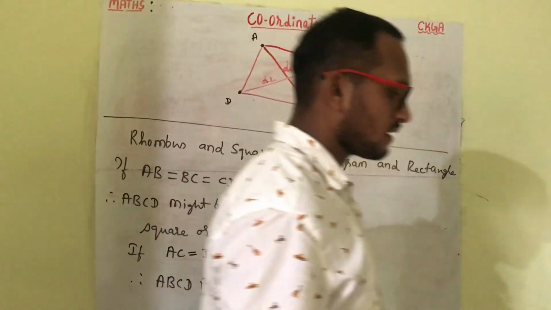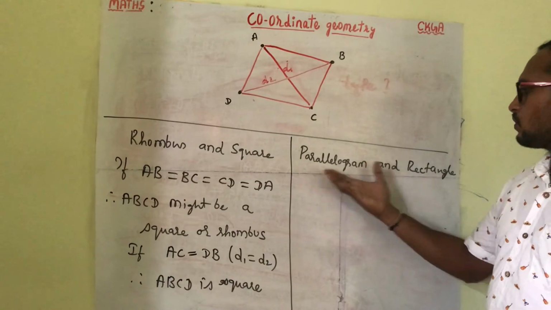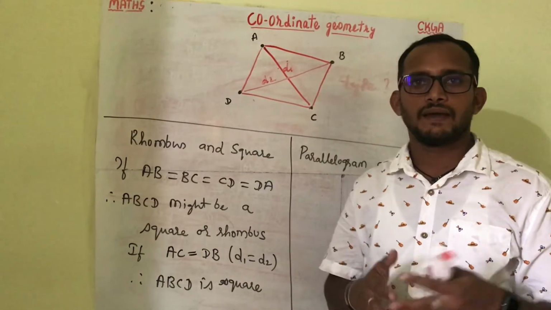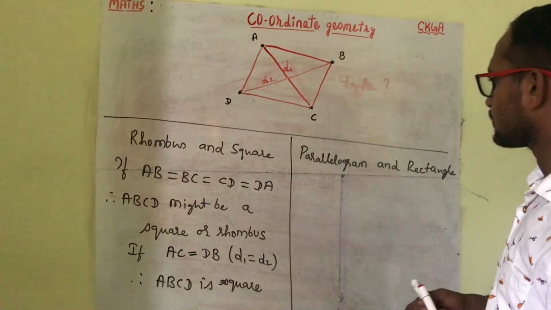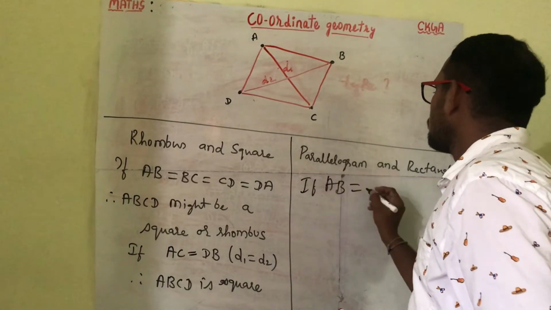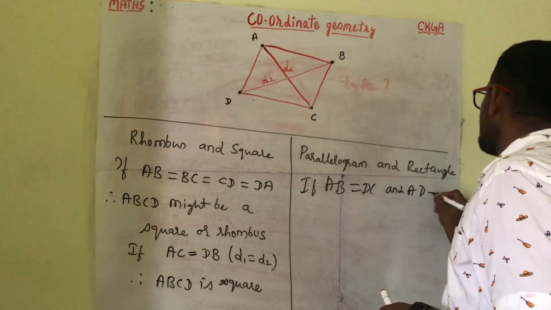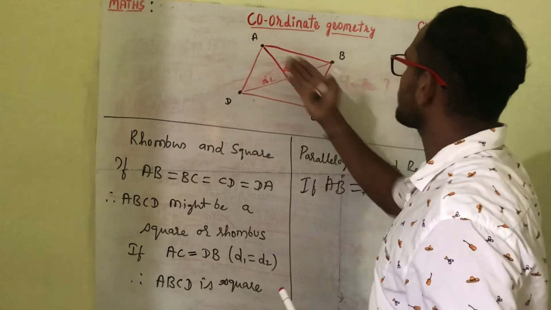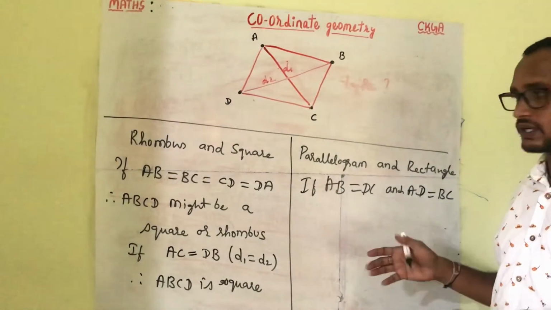Now come to the case of parallelogram and rectangles. In the same idea, I'll take it here. As you know, parallelograms and rectangles are just partners. Opposite sides of a parallelogram and rectangle are equal as well as parallel. Suppose you get AB is equal to DC and AD is equal to BC. The two columns: AD is equal to BC, AB is equal to DC. So in this case, opposite sides are equal. So come to the conclusion.